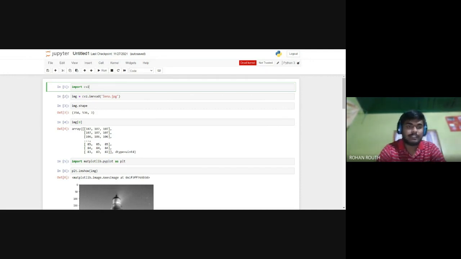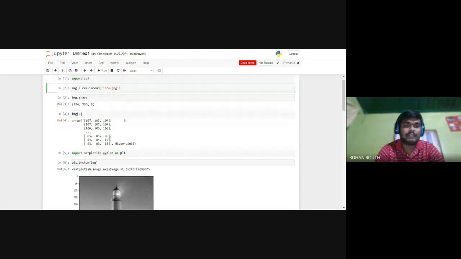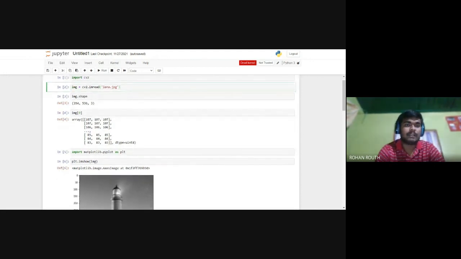And in the second tab, we have stored the image that we have taken by using the cv2.imread statement. What it does is it reads the image, converts it into an array, and stores it in this variable, image. Using image.shape, we have taken out the shape of the image.